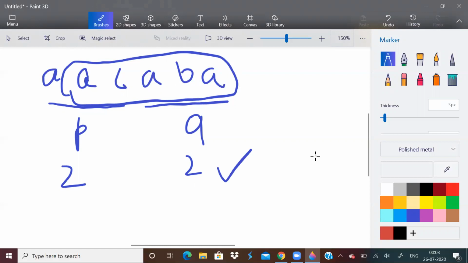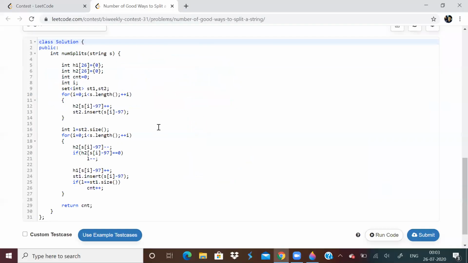So every time we have to maintain a hash table and decrease the frequency of the elements, and subsequently we have to increase the frequency of the element in P. So basically I use the hashing approach wherein I'll take two hash tables.